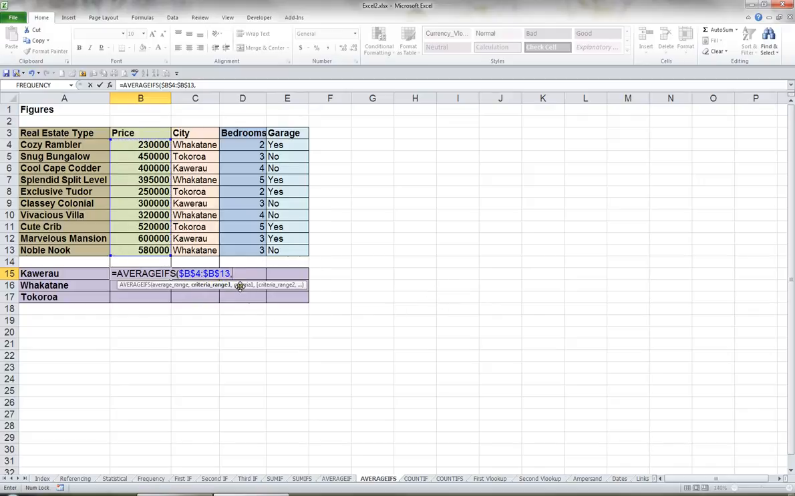Now we can put in our criteria range 1, our criteria 1, our criteria range 2, and our criteria 2. And the difference between this function and the earlier ones is that in the SUMIF and the COUNTIF you can only have 1 criteria. With these new ones you're allowed up to 127 criteria. So my criteria range 1 is the list of cities, C4 to C13, and I'm going to press F4 to lock that in, and then comma. Now the criteria that goes with C4 to C13, I could type Kawerau in double quotes, or I could actually just click A15. So that's my criteria 1 that goes with criteria range 1, which is C4 to C13,